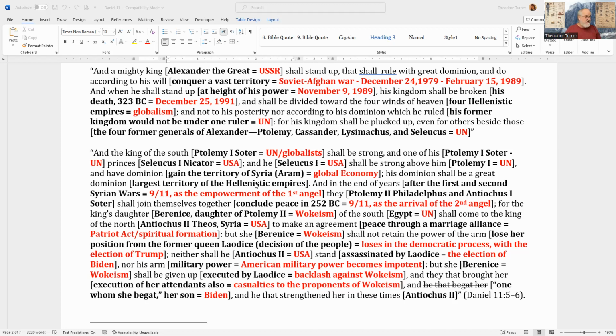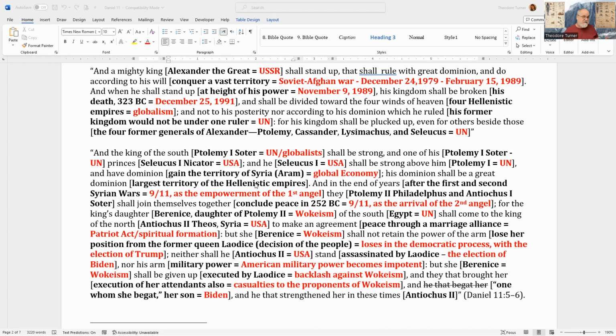And because he has dominion over Syria, or Iran, we're going to say that this is the global economy. These are the trade routes, right? So the United States, the reason why it's powerful is because of its global economy, also its military, right? So the United States has a military that governs the ocean. It allows for all of these trade.